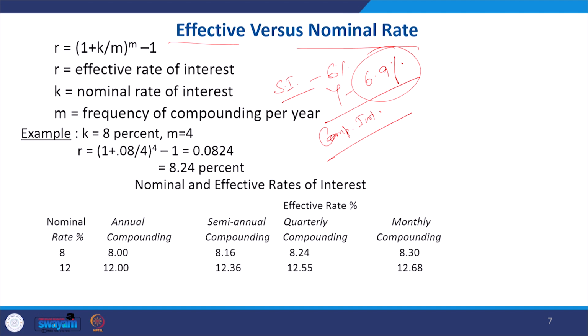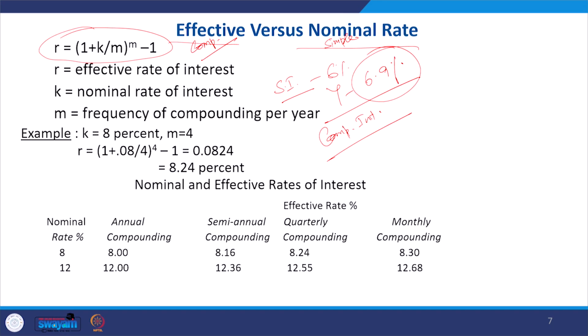So, the model for calculating the effective versus nominal interest rate. The nominal interest rate is basically the simple interest rate, right. This is the simple interest rate, and this is the effective, meaning the compound interest rate. These are the two interest rates. So, are we going to get on our investment the simple rate of interest or the compound rate? So, the model is this: you can calculate the effective as well as the nominal interest rate